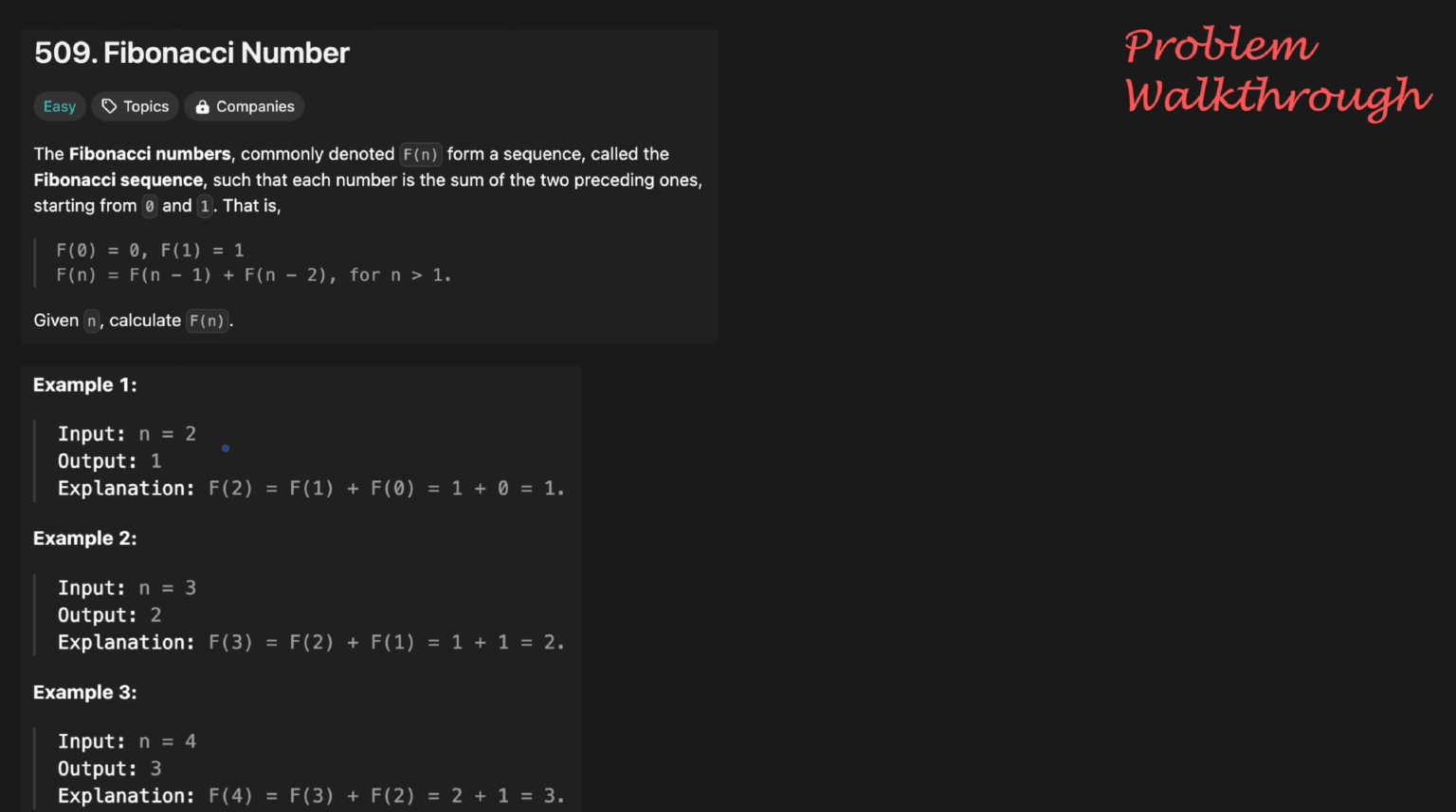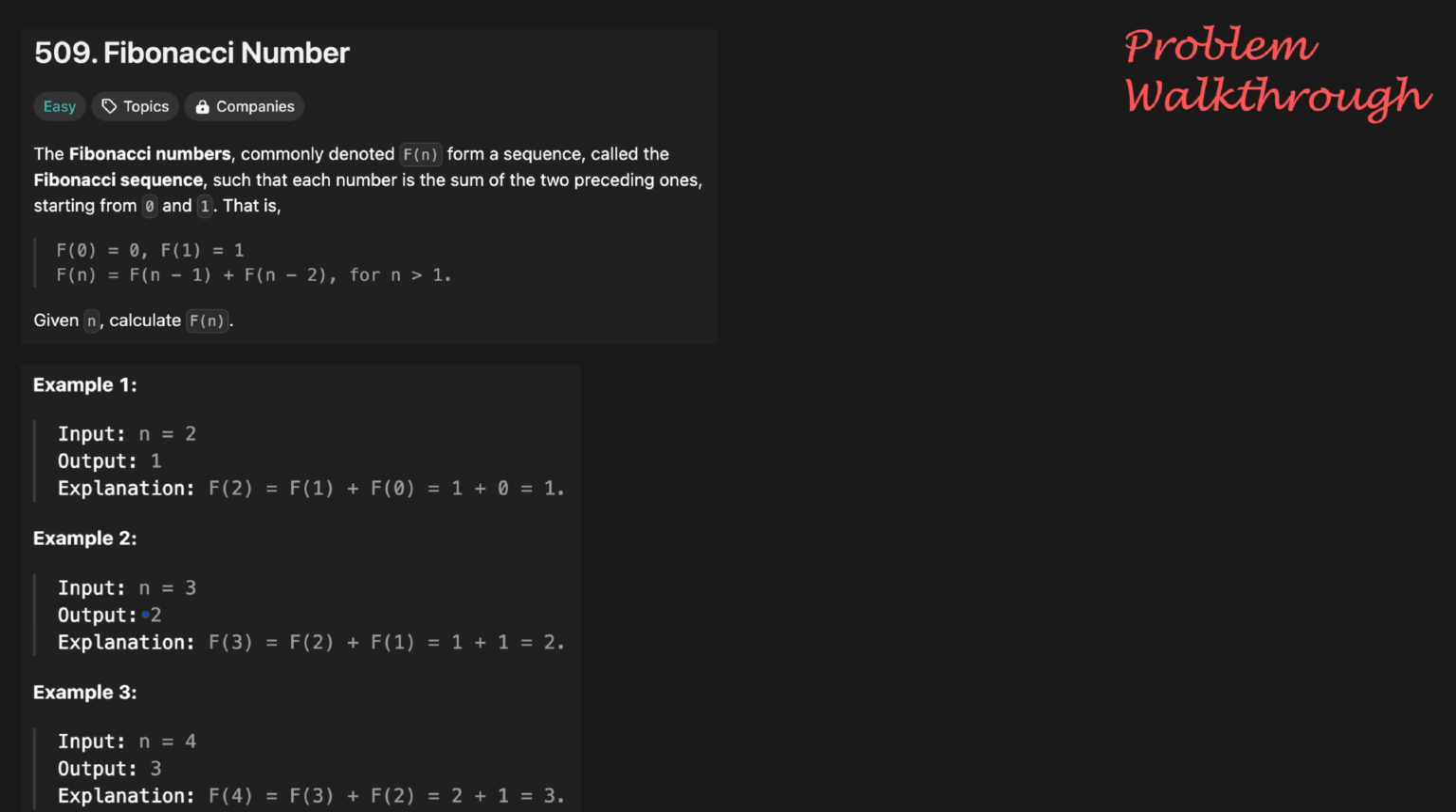Then in example 1, for n equal to 2, f of 2 will be f of 1 plus f of 0, and f of 1 and 0 are 1 and 0 respectively, so f of 2 will be equal to 1. Similarly, for n equal to 3, f of 3 is equal to f of 2 plus f of 1, and we have already calculated f of 2 in example 1, which was equal to 1, so our output will